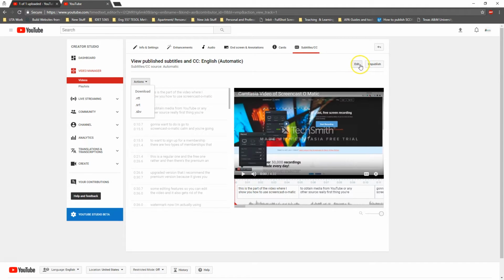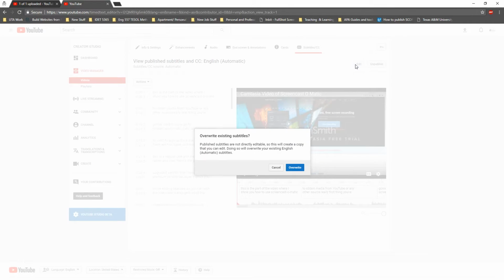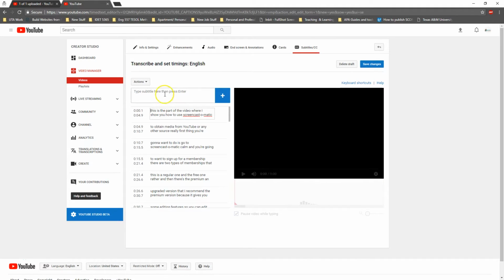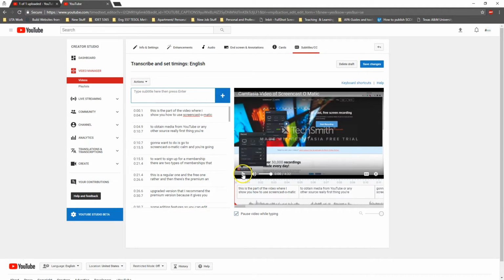I'm just going to briefly touch on how you can edit the text. Click on the edit. You're going to want to overwrite. So here, if you notice here at the bottom part, there's actually sound waves and kind of a visual cue that there's chunks of audio there. Ideally, what you want to do when it comes to adding stuff is I like to type whatever it is that I hear,